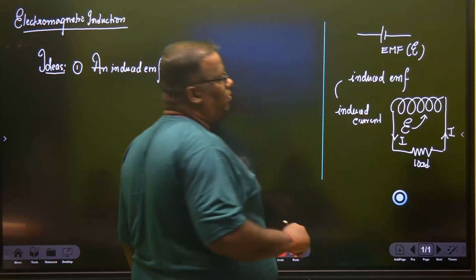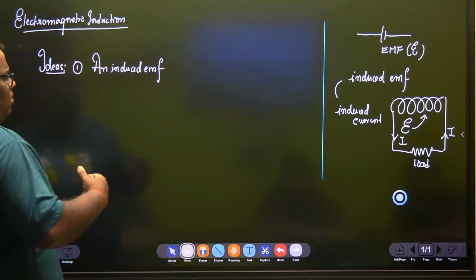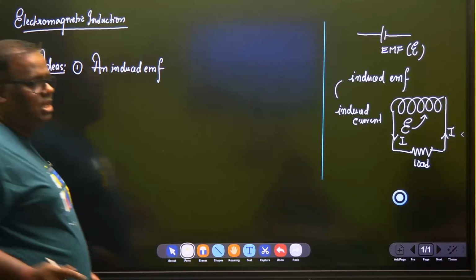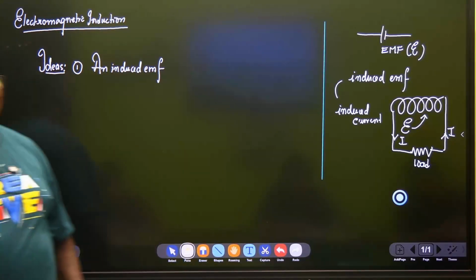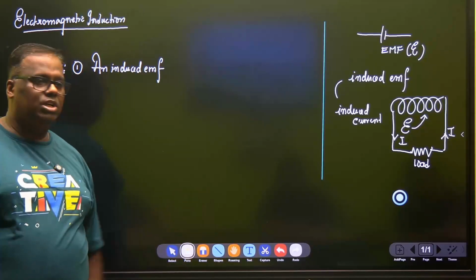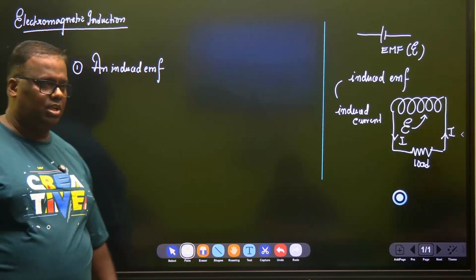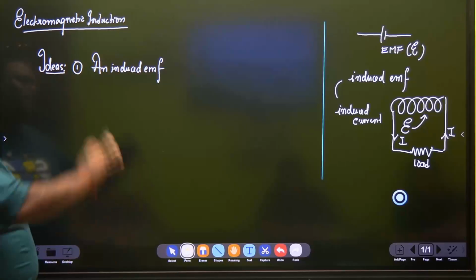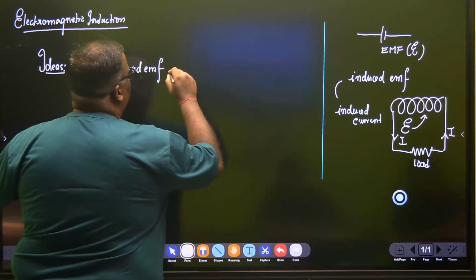So you'll have an induced EMF. Whenever I use the word EMF, please understand that it's an open circuit condition, and whenever I say the word current, that means the EMF-generating coil has been connected to some external circuit. Understood? So the key idea is that an induced EMF is